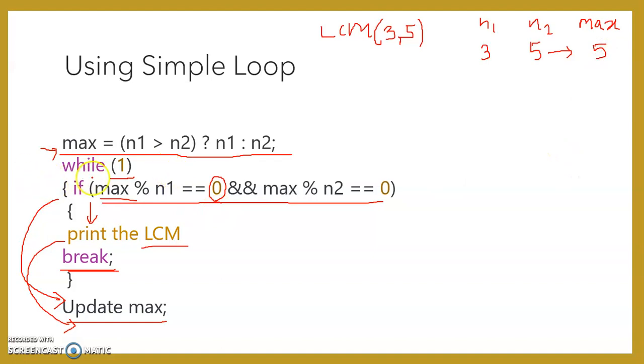Okay. Now go with the condition while it is true. It is always true. Now check the condition: if max mod n1. What is max? 5. So 5 mod n1, and n1 is 3. Is 5 mod n1 equal to 0? No, it is not 0. Again, max mod n2. Max is 5, and 5 mod 5 is 0. But since we need both conditions true, and here one condition is false and one is true,